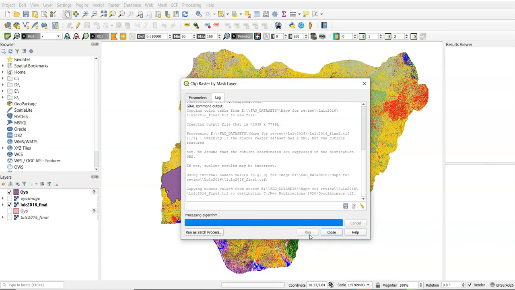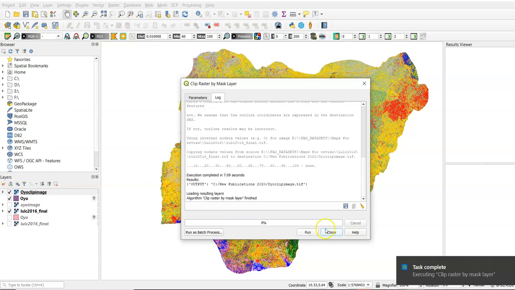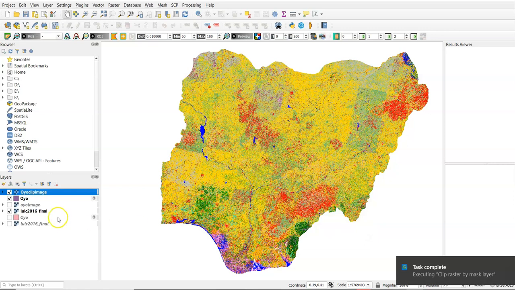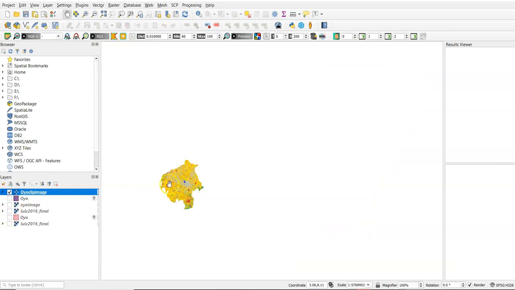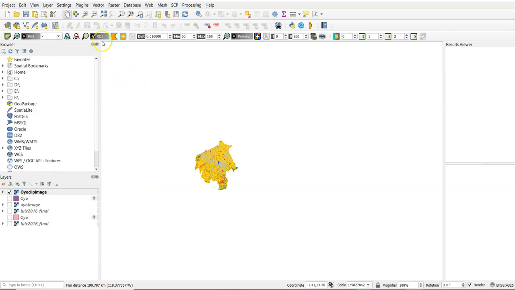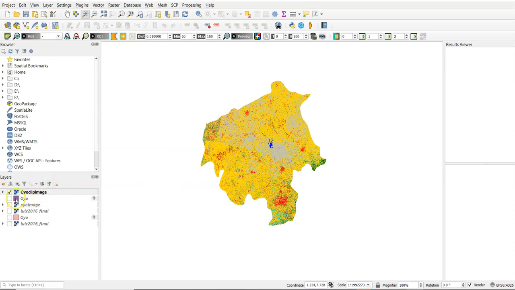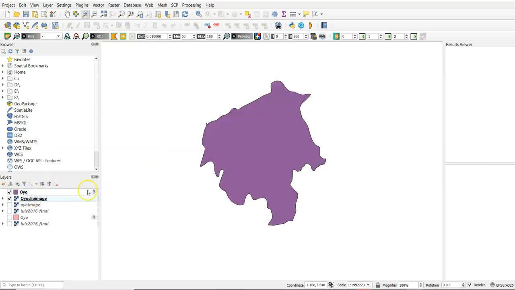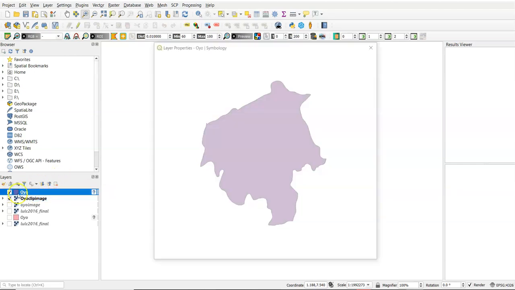When you run, it will give you the result. Oyo clip image is different from Oyo image. You can see the clipped image is now just the boundary. We use the canvas of Oyo State. You can see Oyo State is just in the middle.